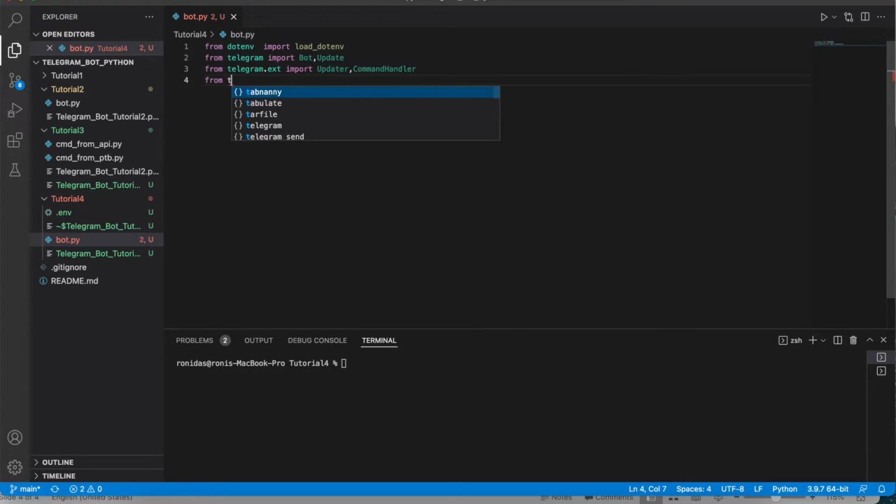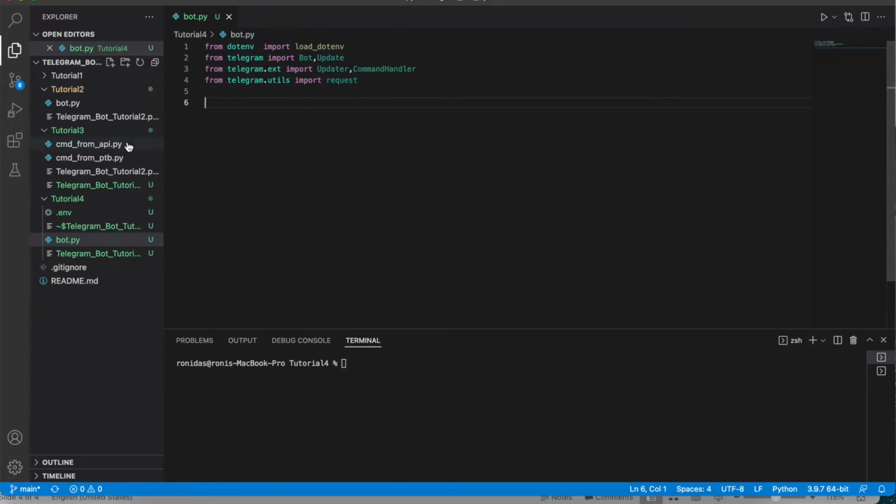Okay, so from telegram, then ext, then utils, it is ext, I believe this one. Okay, then import, and that will be request. So all done. So now we'll go to read our password or token, the bot token, from this